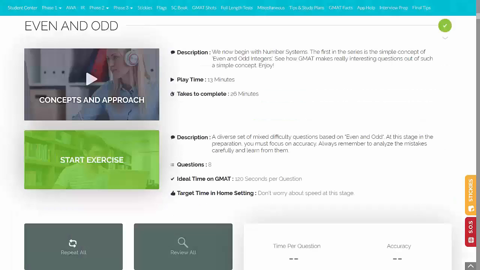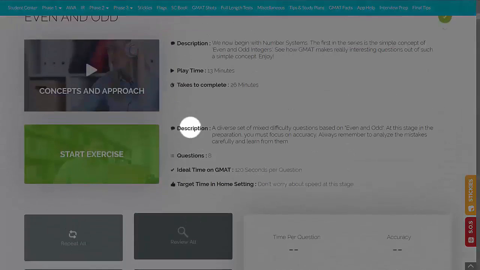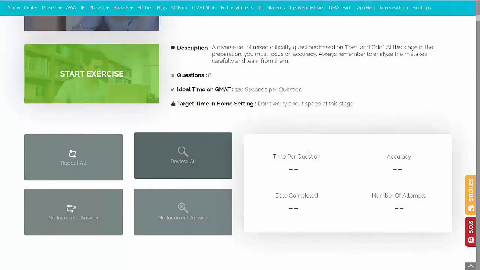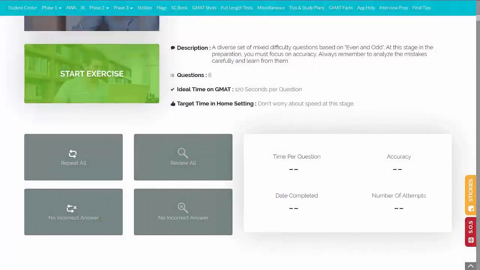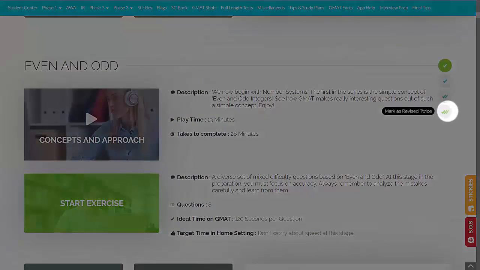However, let me emphasize that you should not expect immediate results. GMAT preparation is a gradual process. You need to look at the concept. You need to take an exercise. You need to use the options given here: repeating the videos, repeating the exercises, repeating the incorrect attempts. In particular, have a look at all the analytics that the software will throw at you. Coming back to the concepts once in a while and ensuring that eventually you have completed and revised each topic twice is what is eventually going to get you results.